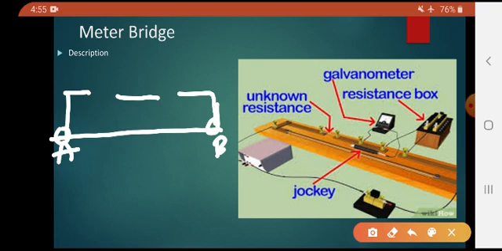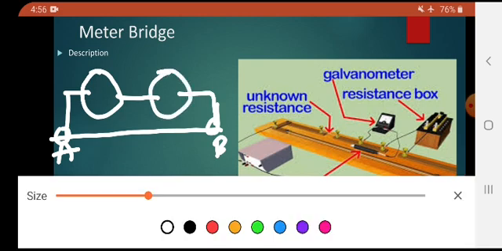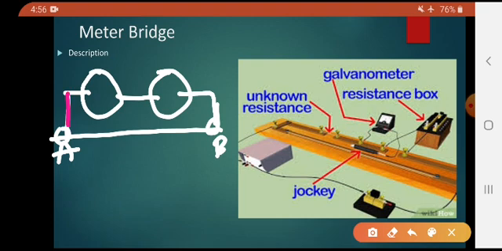Another metal strip is there in between these two L-shaped metal strips, leaving two gaps. Here we have two gaps, gap one and gap two. So these three are the metal strips. For example, this is an L-shaped metal strip, and this is another L-shaped metal strip. This is the other metal strip. Right, in between these two, the gap is there.